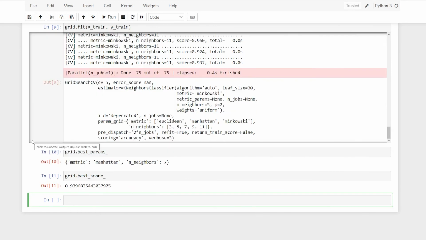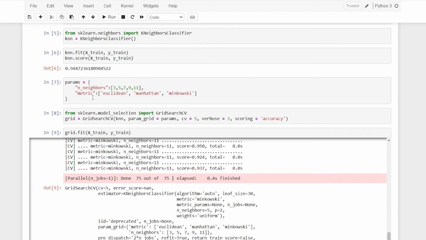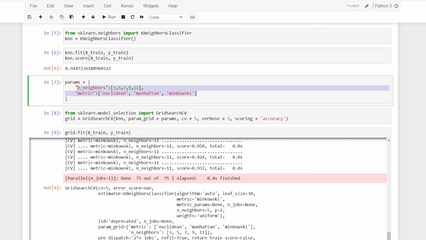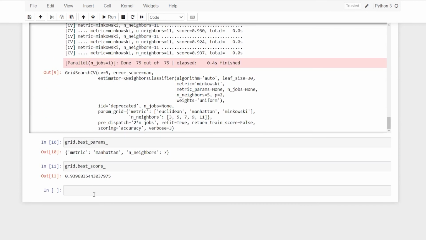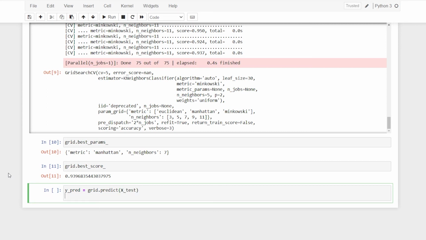So the way we can actually move with it is I can specify one more param if I want, but instead of that, what I'll do is I'll put all of this inside the single section, and I'll create, let's say, logistic regression. So first, let me just work my way with the logistic regression. But right before that, I can say grid.predict. So I'll say y_pred is equal to grid.predict, which is going to take my X_test. We have to also check the testing accuracies, so keep that in mind.